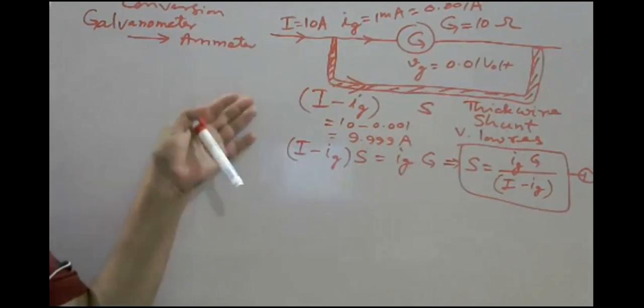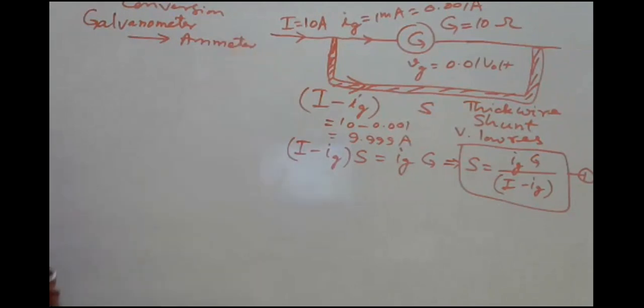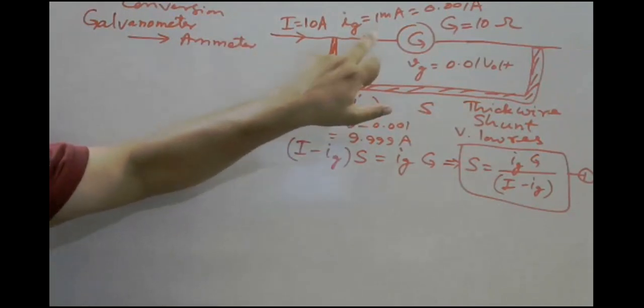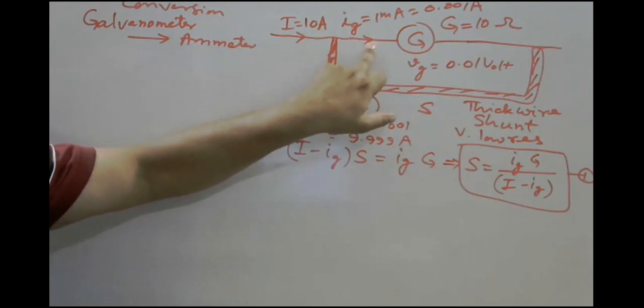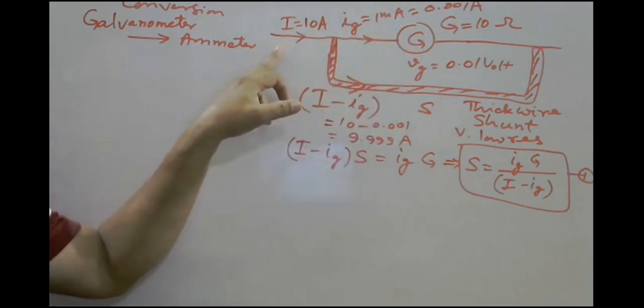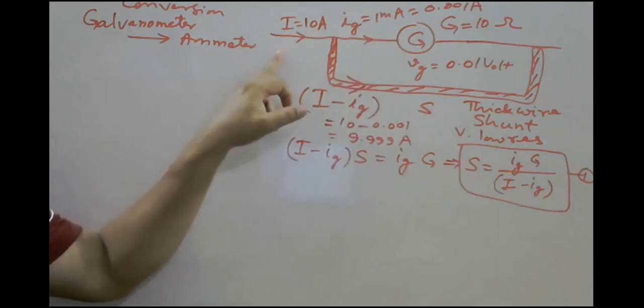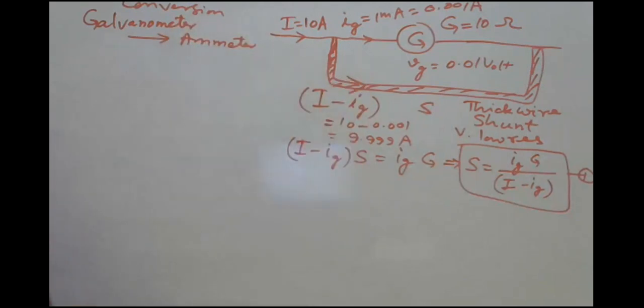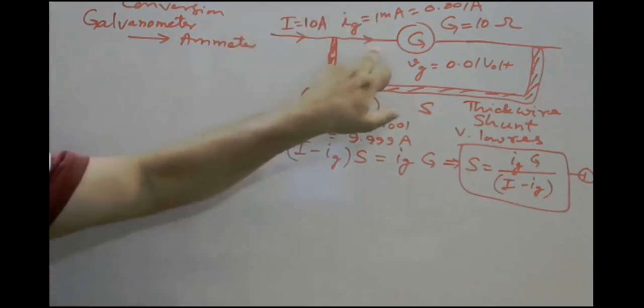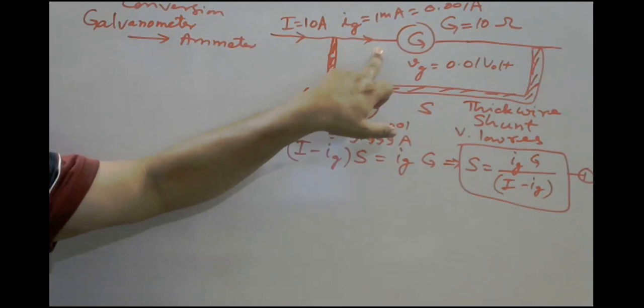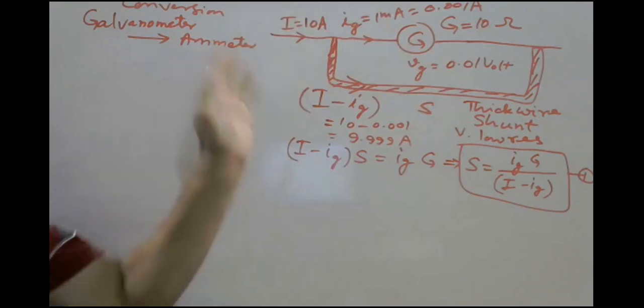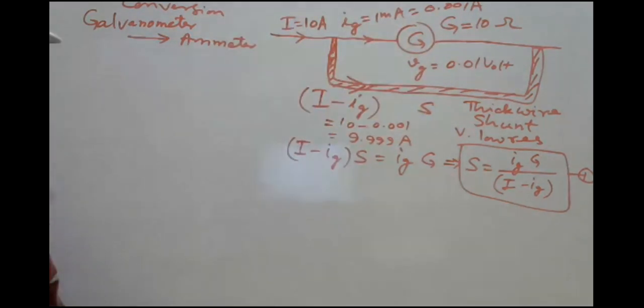Okay, you tell me any doubt? It is very simple, because in any case this current must not increase beyond the desired value, that is 1 milliampere. Suppose we are interested to measure 100 ampere current, that is, not exactly 100 ampere, but 0 to 100 ampere, any current. This is the maximum value, 100 ampere. So here the maximum current that can pass through the galvanometer coil is only 0.001, and the rest of the current, 100 minus 1 milliampere, that is 99.999 ampere, passes through the shunt.